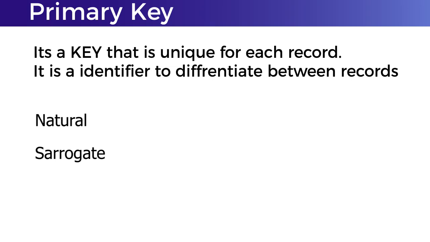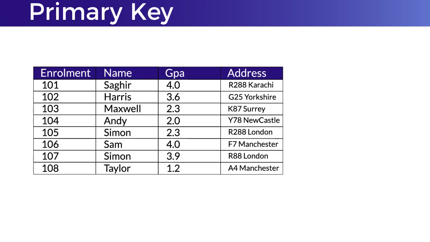Looking at the example of a natural primary key, suppose there's a student table with enrollment number, name, GPA and address. What we are finding here is a column whose every entry is unique, so that we can make it a natural primary key. Looking at the names, Simon and Simon, it's repeating itself. GPA, again a repetition. Address violates the rules of a primary key, since it can repeat. Also, there's a possibility that two siblings are studying at the same university, so the address can also repeat.